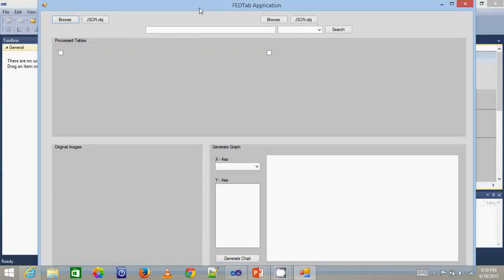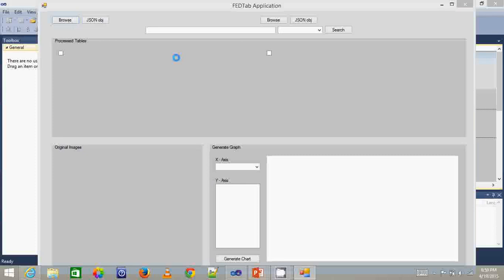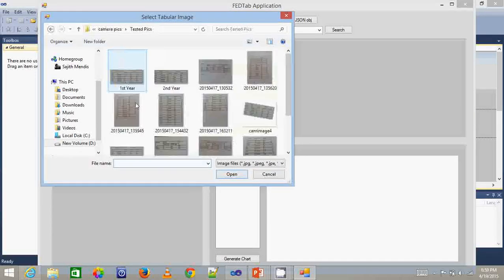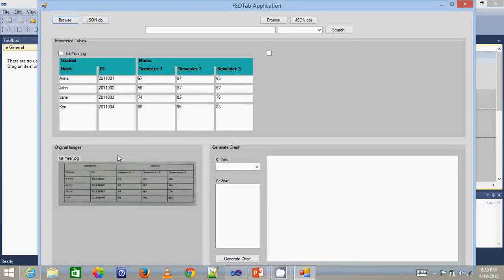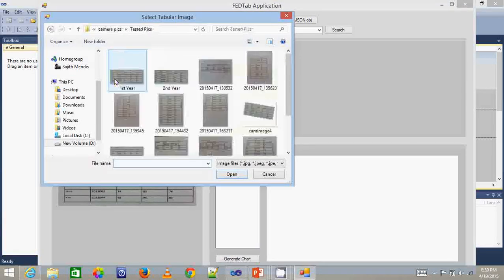This application was mainly developed in order to compare two tables in two given years. First, I would like to add the first image, and the original image and the processed image would be outputted. And here you get the original image, and you can see the structure of the table has been recreated using the data manipulation module. Next, I would like to add another image,